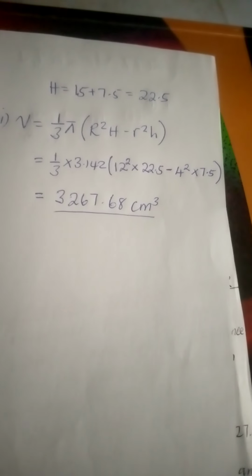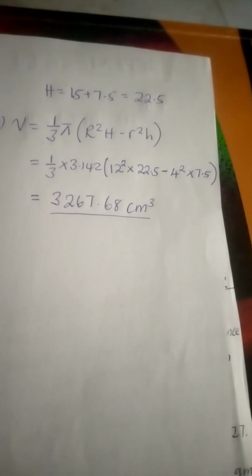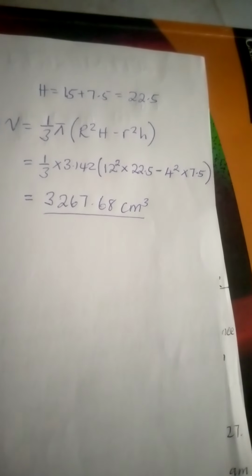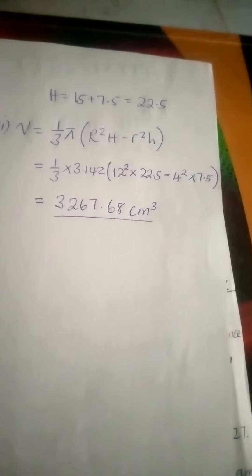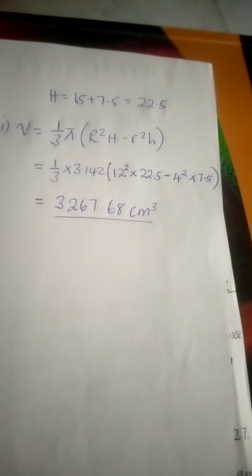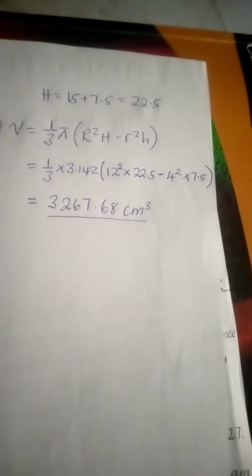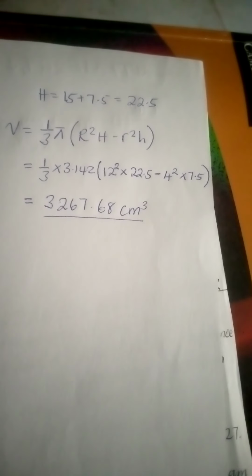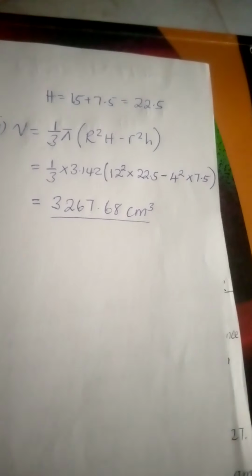So we are going to say 1 over 3 pi, open bracket, R is the capital radius, the larger radius, squared, multiplied by the entire height of the cone, minus the small radius squared multiplied by the small height which was cut,